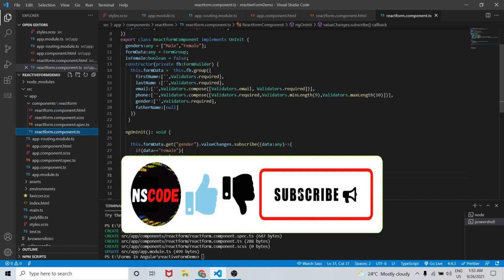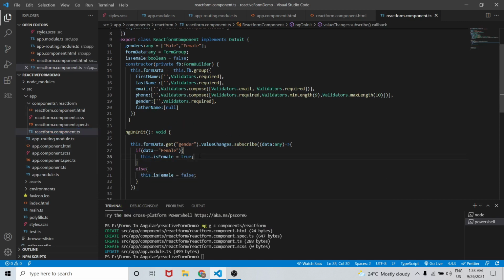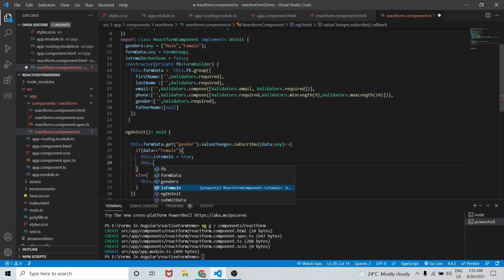So let's go to react.component.ts, and here we will add the validity. So this.formData.get father name.